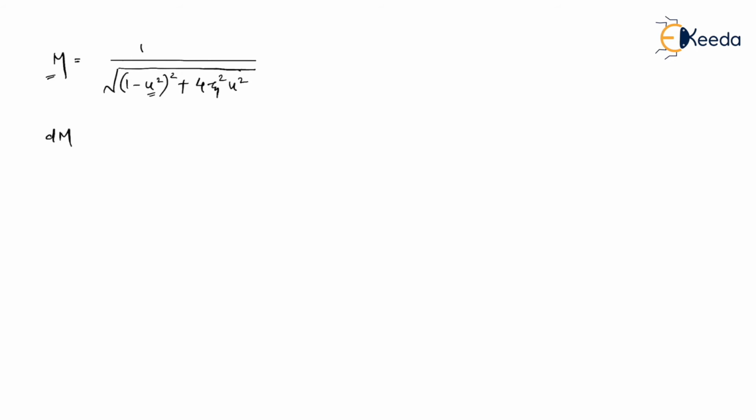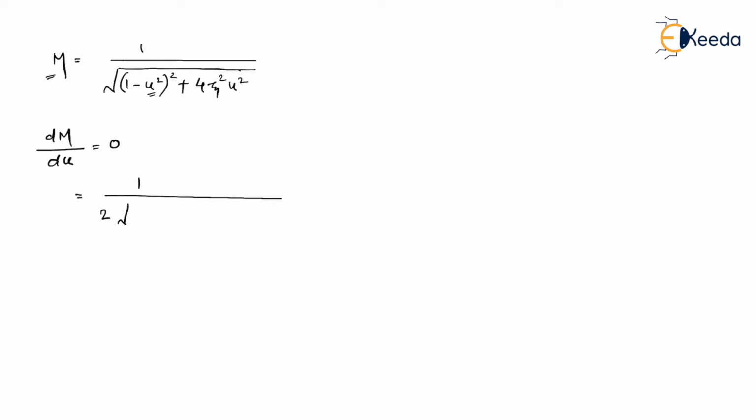So I'm going to take the derivative of m with respect to u, and of course I'm going to equate it to 0 in order to use the maxima concept. Why am I using the maxima concept? Because I want to calculate the resonant parameters like MR or UR, so I have to go for the maxima concept. So let me just take a derivative of this. Whenever I take the derivative of, let's say, 1 upon root x, it will be 1 upon 2 root x. So I can write this way, 1 upon 2 root of x.